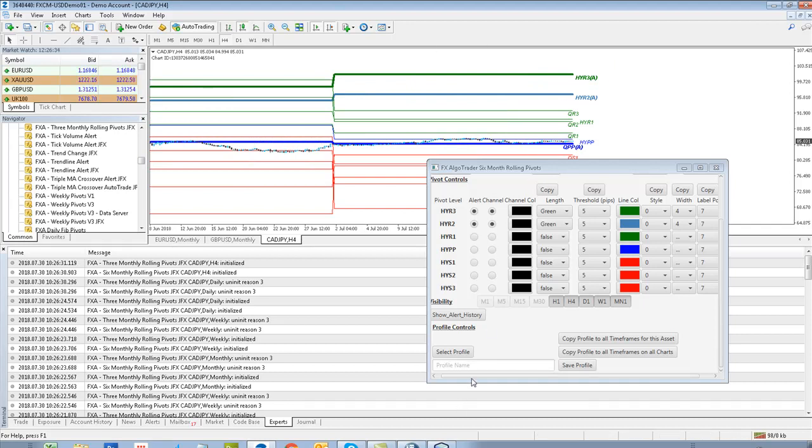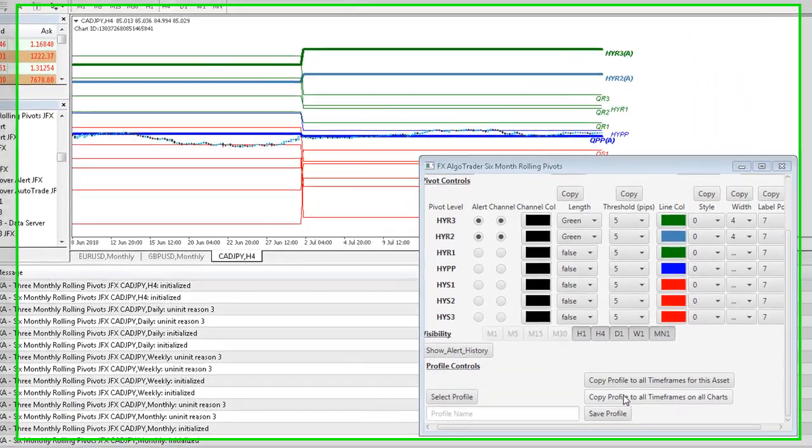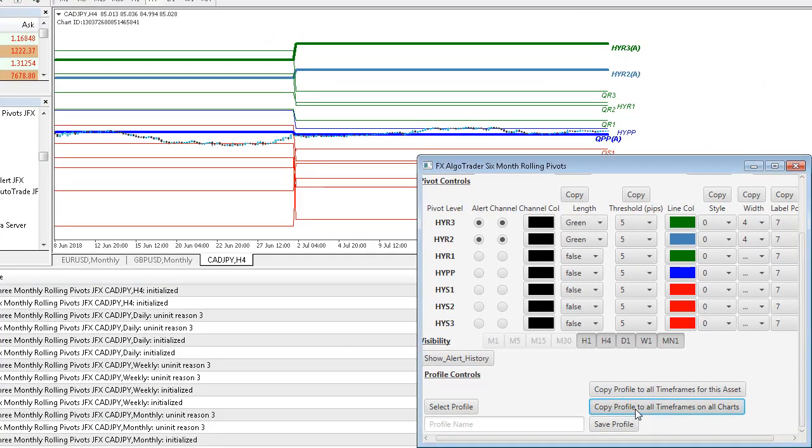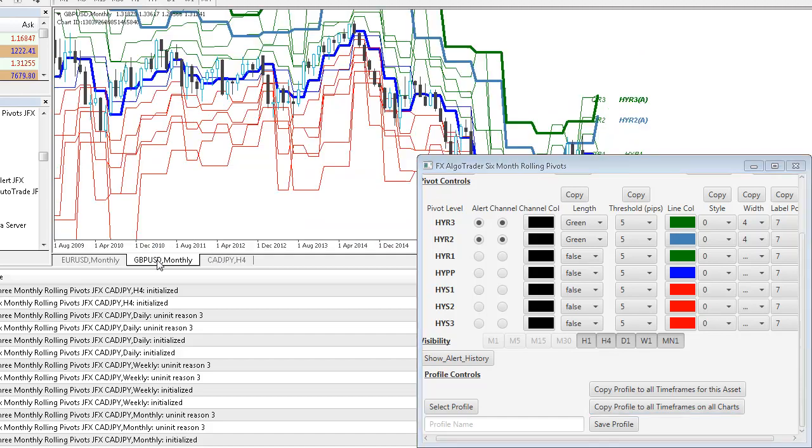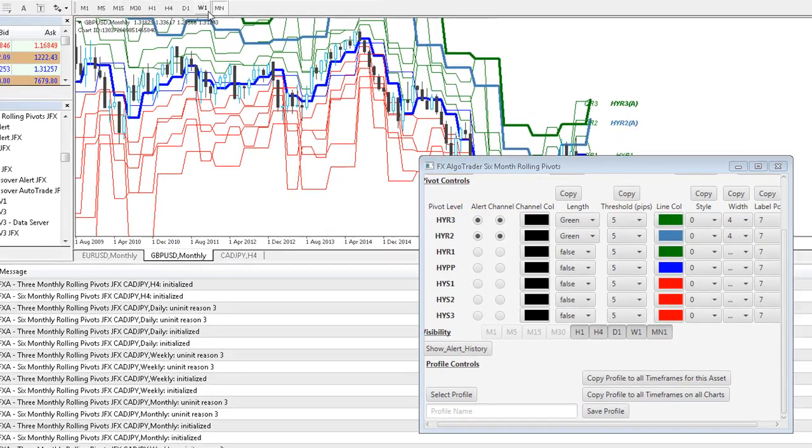So you don't have to use a named profile when you use these copy profile to all time frames options, but they are very distinct in their operation. Copy profile to all time frames for this asset is specific to the instrument that you're looking at right now. If I did it to all time frames on all charts, then any chart which is running the indicator you're working on, so 6 months rolling pivots, gets the treatment. So going back to cable, you can now see cable will have